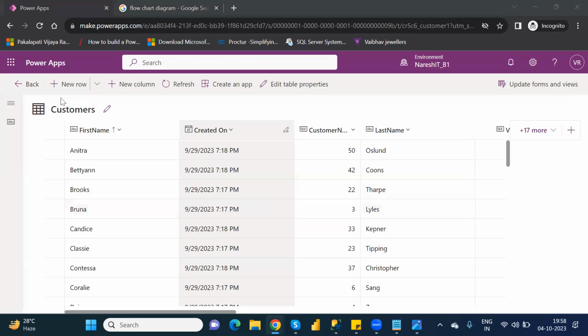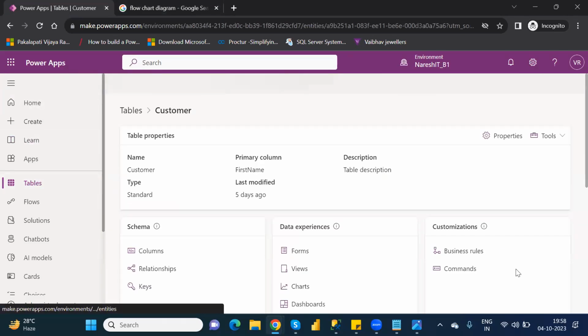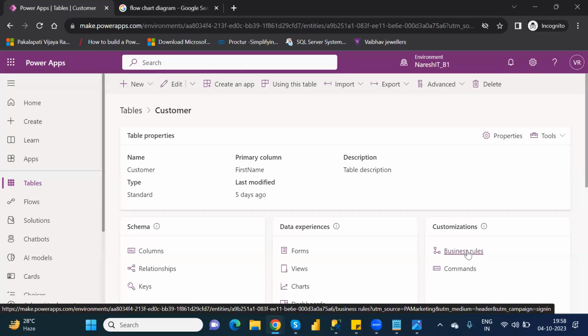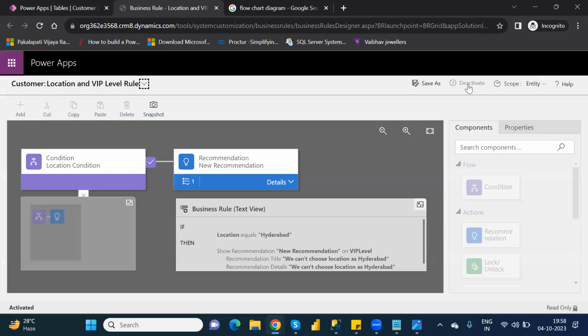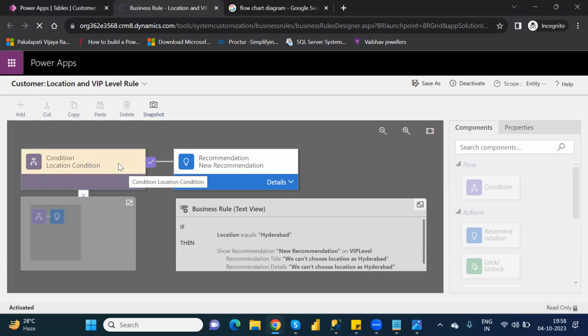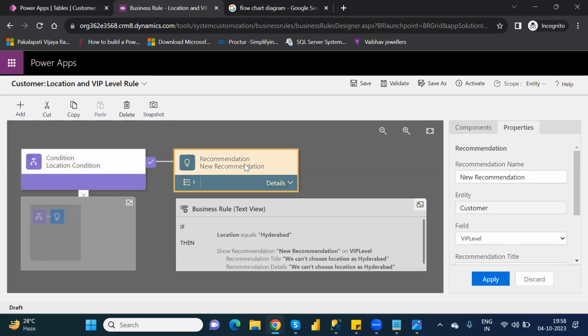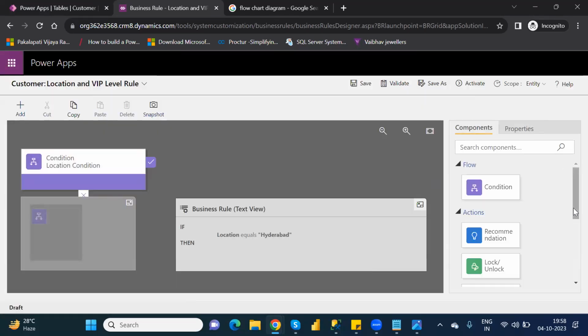Let's discuss another condition. If you want to apply more conditions, how can we apply them? Can you please show me? Okay, let's see. Again, it needs to be deactivated. After deactivating, see, this is one condition. With this one condition, you can set it like a normal message. That related action you can give it like